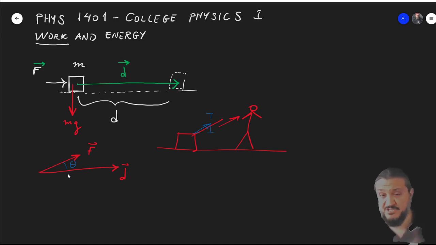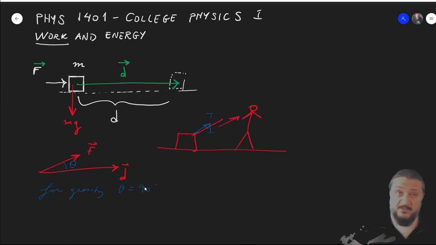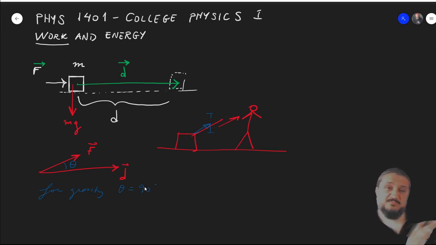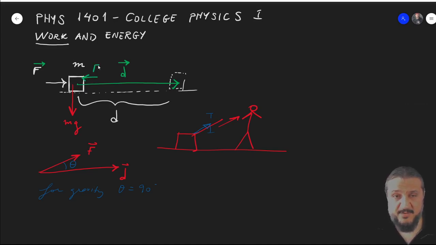In the case of mg, for instance, for gravity, not always, but for this problem that I'm talking about, theta is 90 degrees. 90 or 270, depending on how you measure it, but it's perpendicular to the direction of motion. In the case when your little brother is pushing it the other way around, F prime, okay? So what's the angle in this case? F prime would be pointing this way, and the angle would be